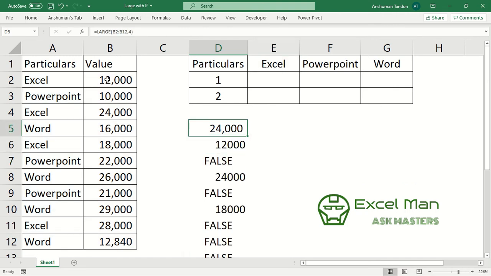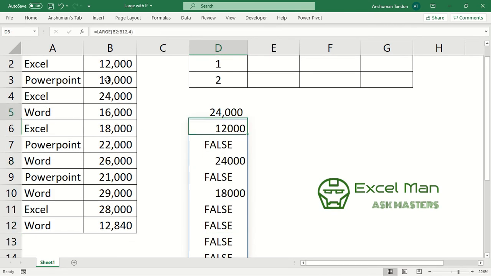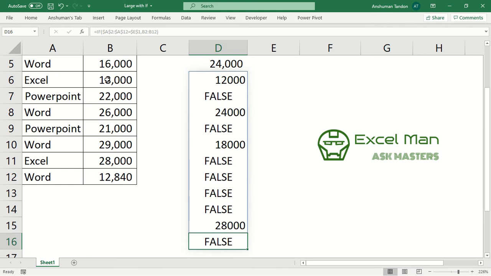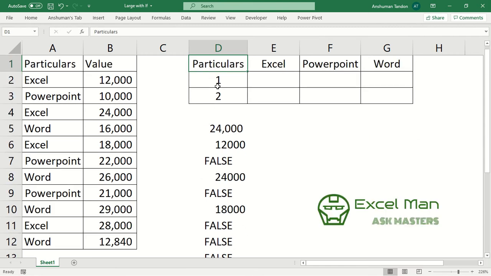You can see that instead of one value, I am getting multiple values over here, because Excel is evaluating this entire data table and is not able to show me all the values in one cell. So what Excel has done is give me all the values in a range. You can also see this blue shadow boundary over it, which indicates that this is the result of a single formula. Now you can see that in a lot of places there is false, however some values are appearing. So what the if function is doing is that all the values related to the term Excel are appearing over here, however in the places where Excel is not written, I am getting a false error.